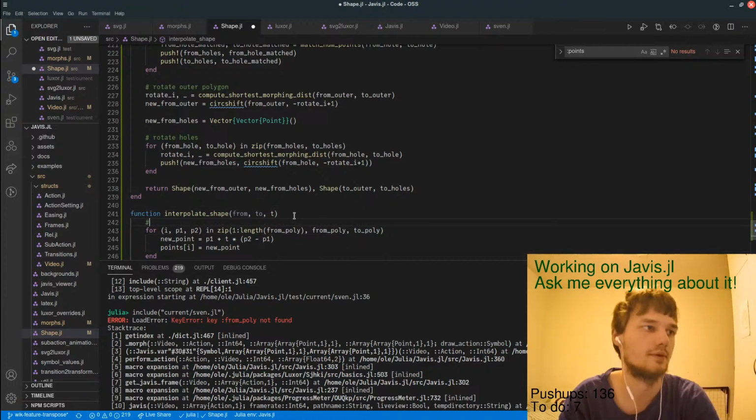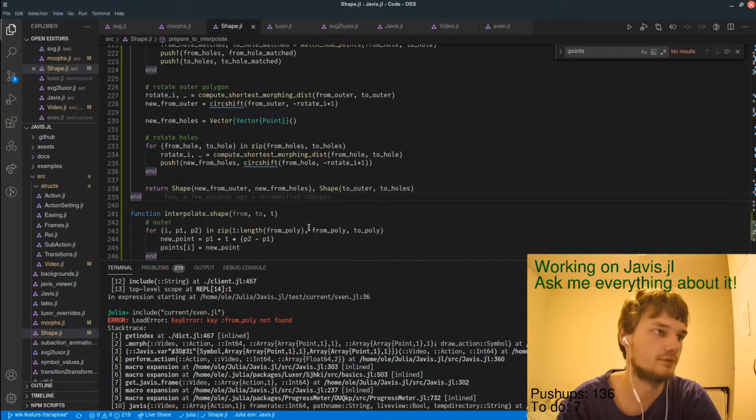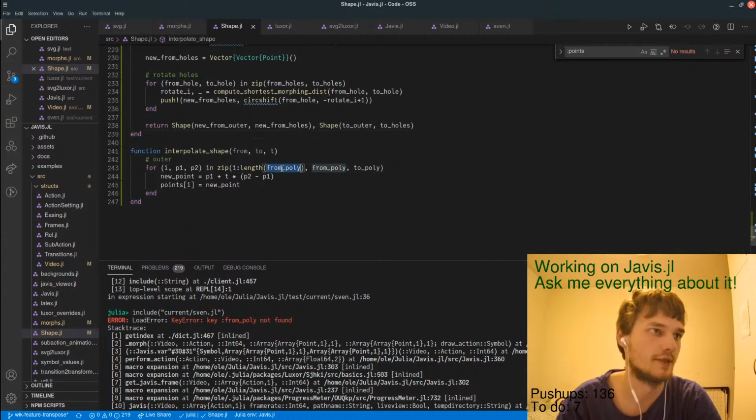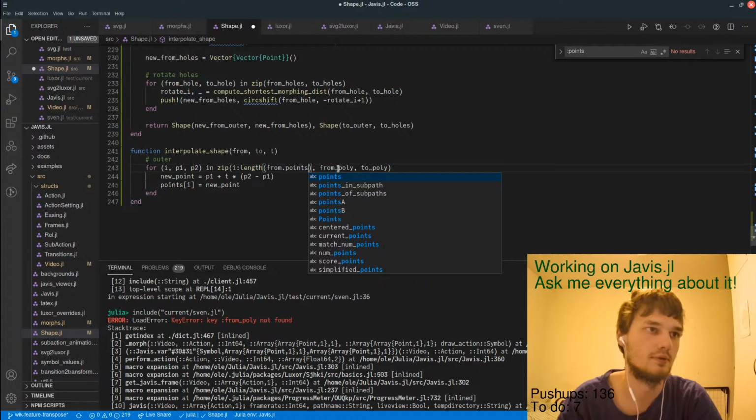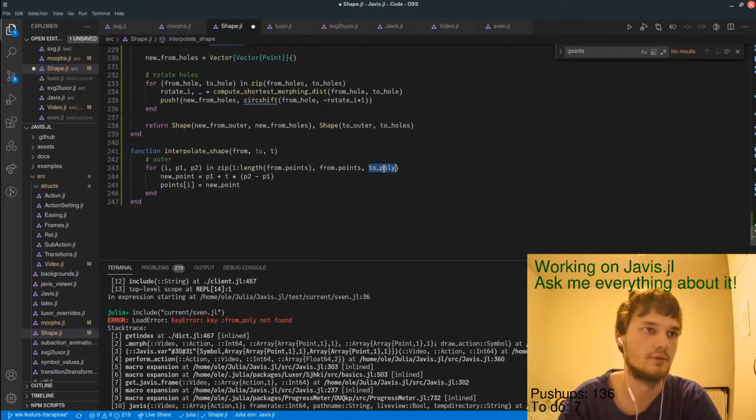So outer is basically from points to, okay, yeah. Basically, I want to have it into a shape.